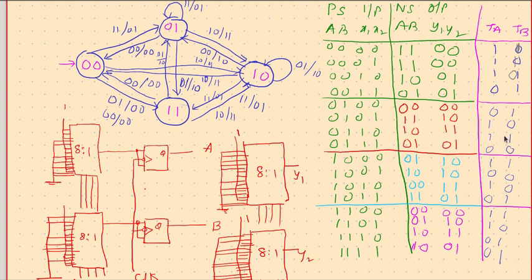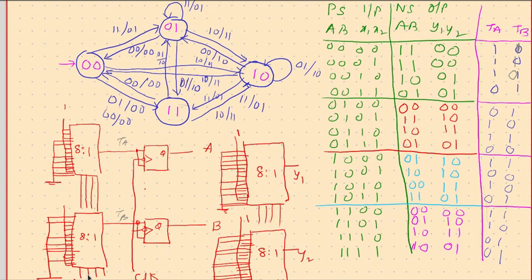Once this is done, the next step is to implement. Two toggle flip-flops we require, and toggle flip-flops can be easily generated using a JK flip-flop, shorting J and K together. Then it becomes a toggle flip-flop. So we have two JK flip-flops, both with J and K inputs shorted, so we have a toggle input. Here we need TA, here we need TB. For TA, you just look at this column and use one 8 to 1 multiplexer. Wherever 1 is required, connect to 1. Wherever 0 is required, connect to 0.